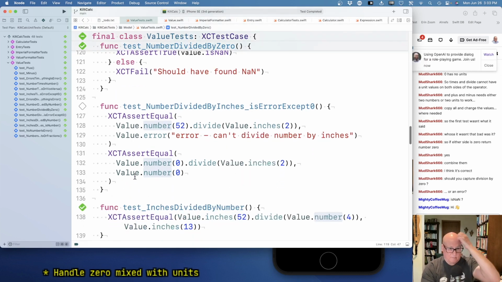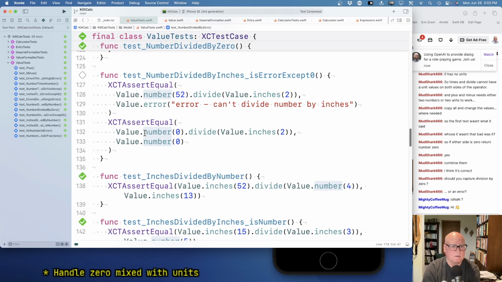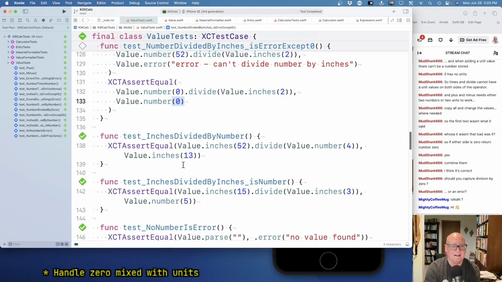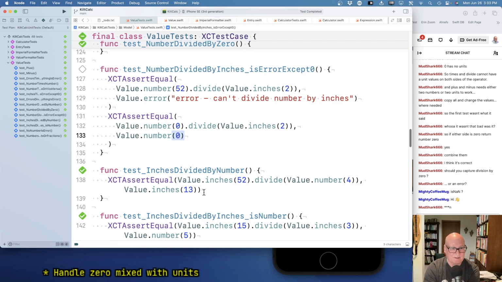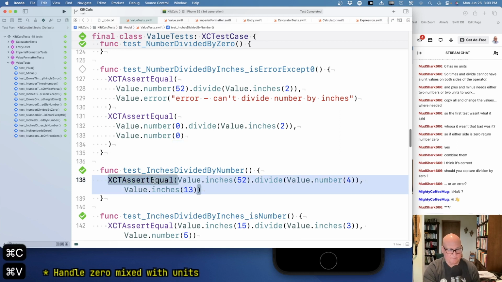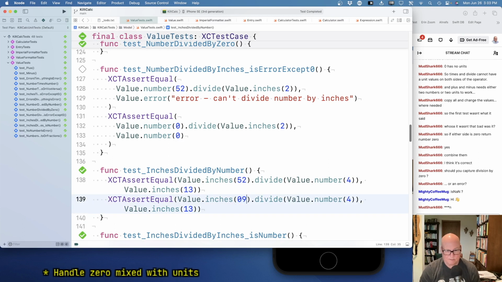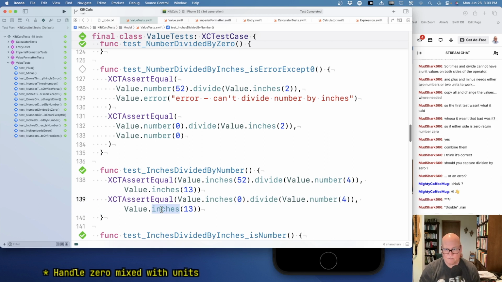Okay. Number divided by inches is 0 except 0, so 0 divided by 2 inches is 0. All right. Inches divided by number. If I take 52, well, if I take, I guess I want to check a 0 case here, right? So if I have 0 divided by a number, it's a 0 should be